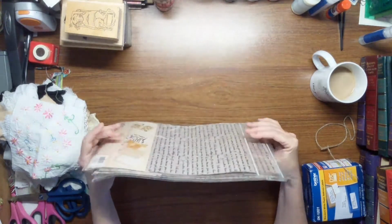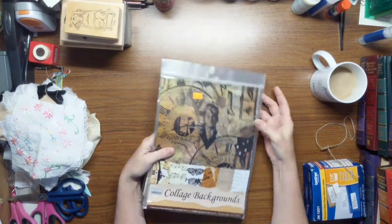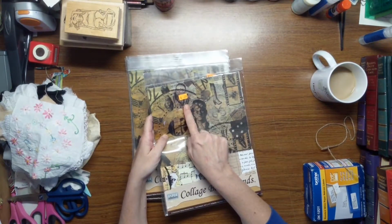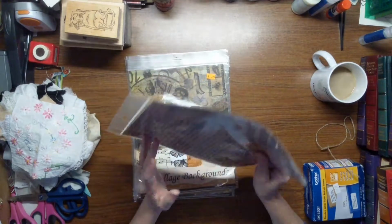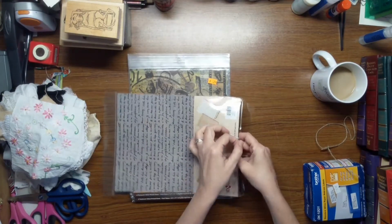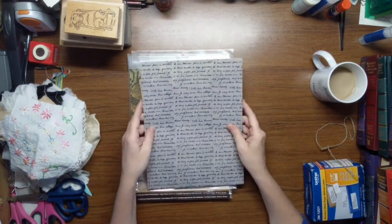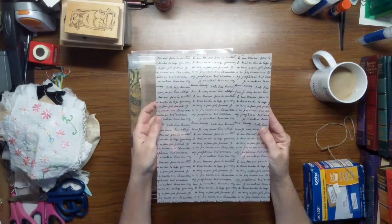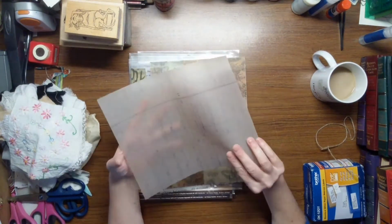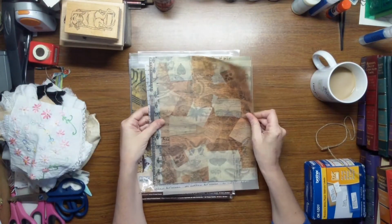Can you see these? There's 1, 2, 3, 4, 5, 6 of them. These are vellum, 6 sheets of vellum, 25 cents, okay? 25 cents. I grabbed all that they had. And these are for mixed media, and they're all different designs. So you have the script, you have the ledger, you have the vintage collage,